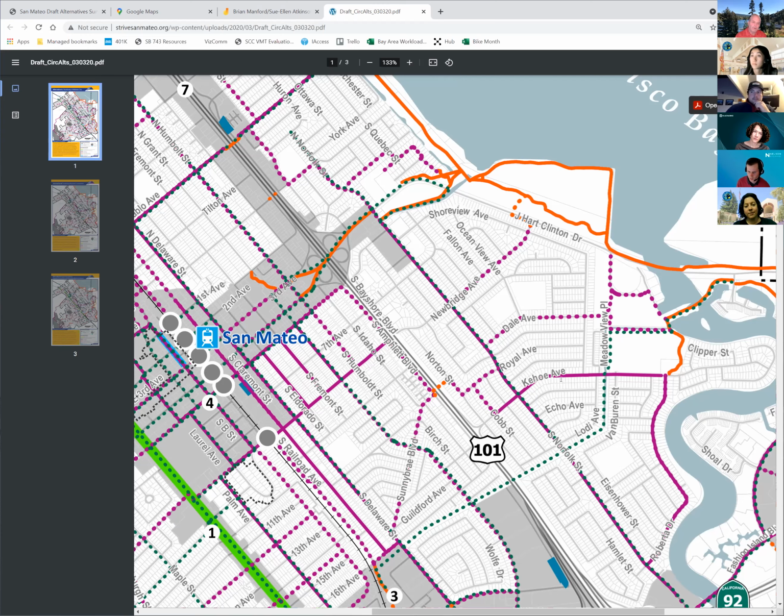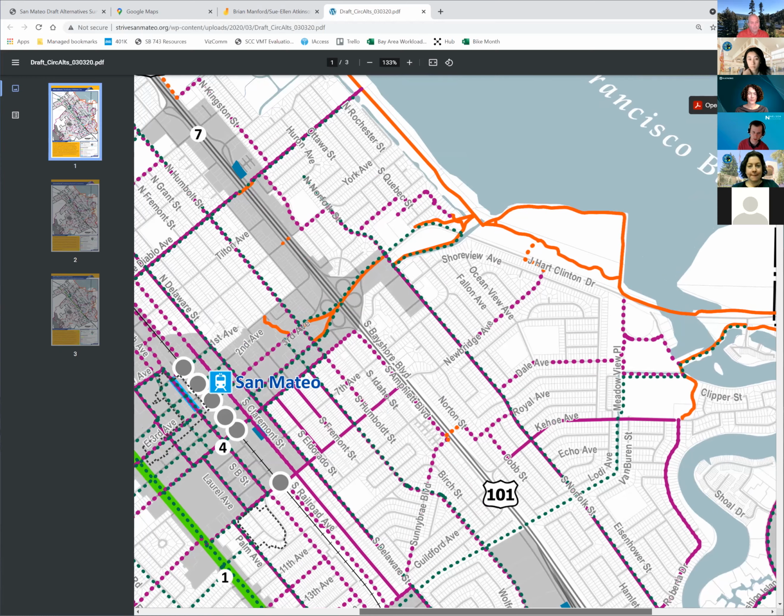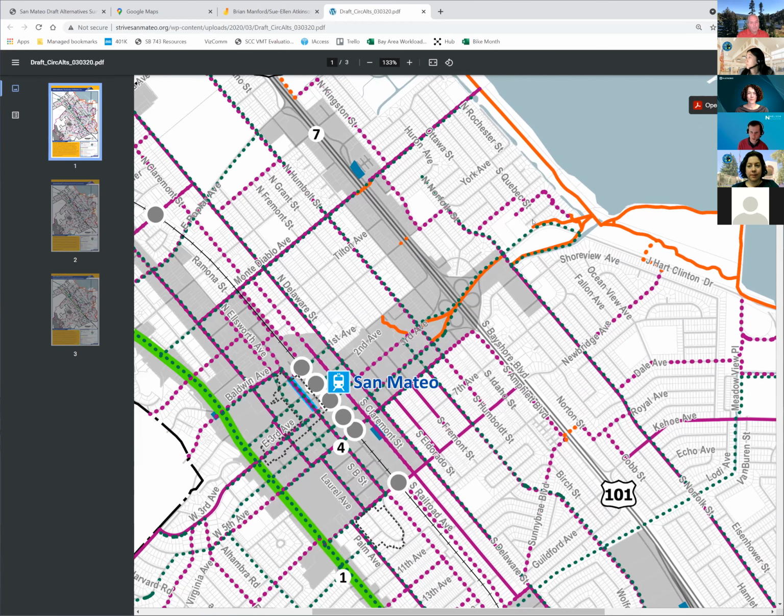Again, if it's a straight line, it's existing. If it's dotted, it's future, and that's from the bike master plan. And then the green dots are the envisioned green pedestrian network in the adopted pedestrian master plan. So it's looking at a network of more pedestrian-friendly streets. That's things like street trees, sidewalks, and crossings, those types of things to enhance the pedestrian experience. And those are generally the same across all the maps.